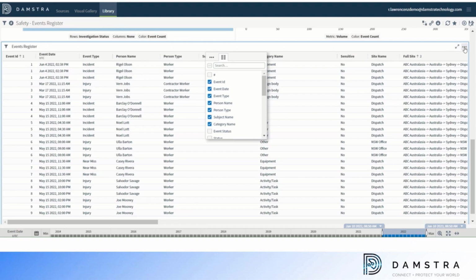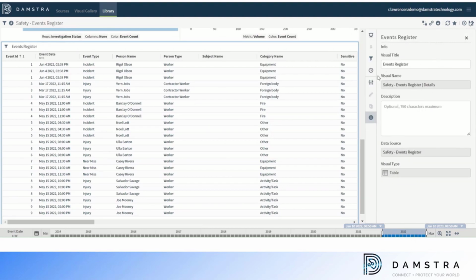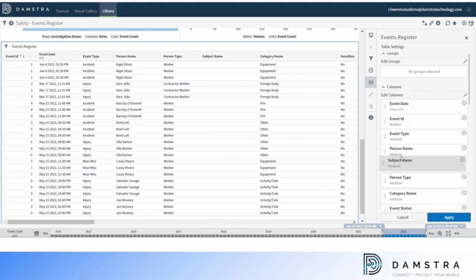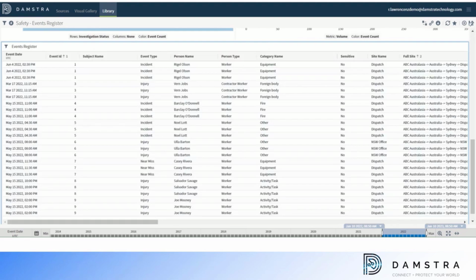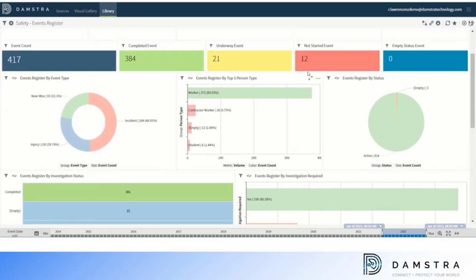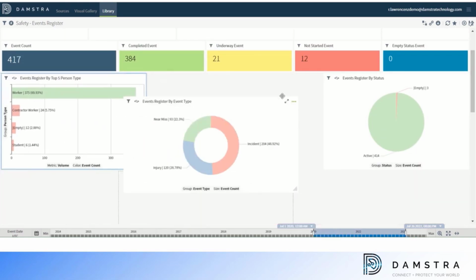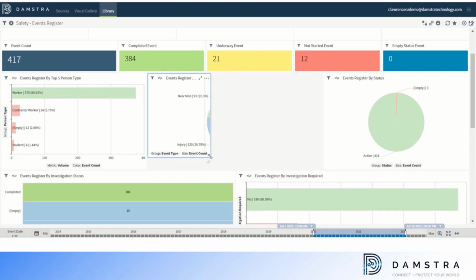I can also use these three dots for the visual gallery, edit that visual, and I could move my columns around for what order I wanted them in, and apply. Moving back up my dashboard, I can also shift the visuals around. Resize the visuals,